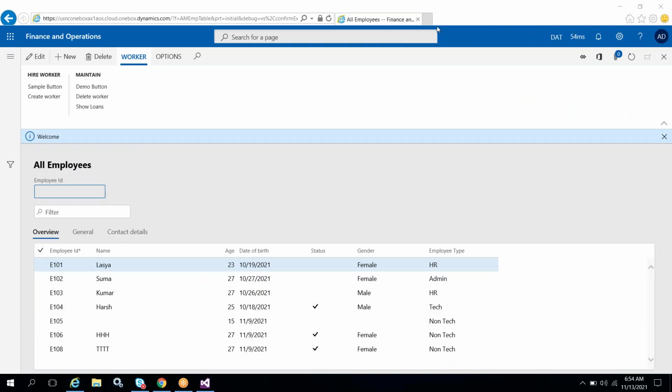In this form, I will create one button control. Okay. Once I click on this button control,